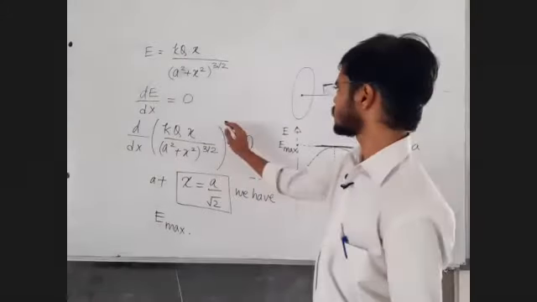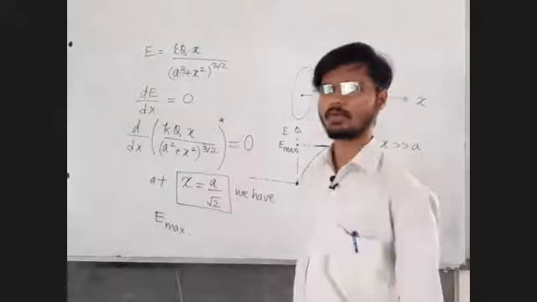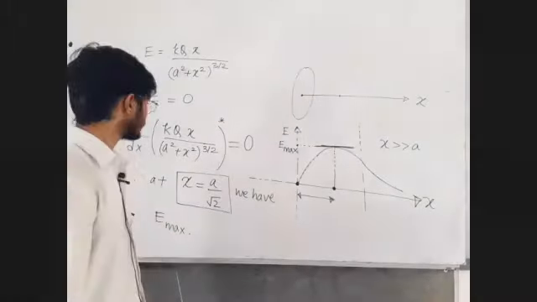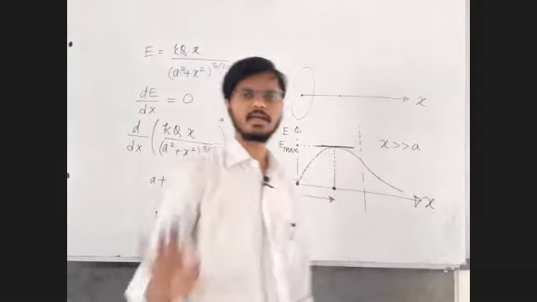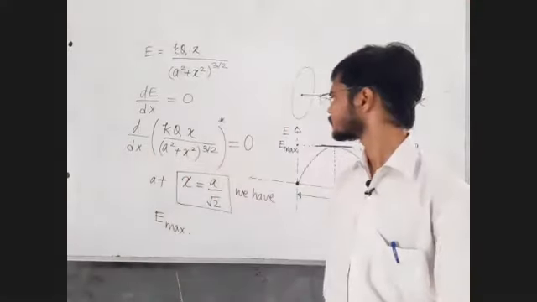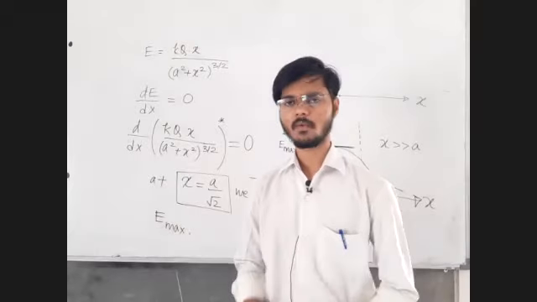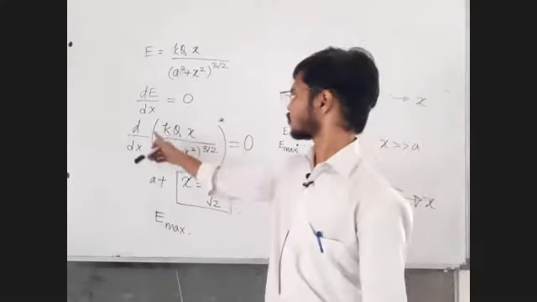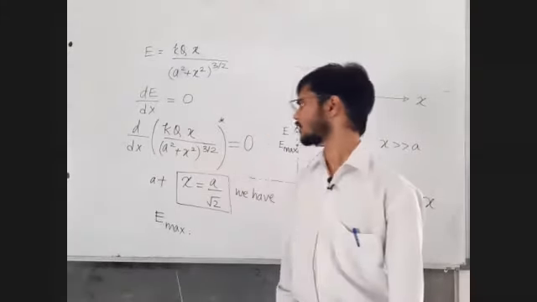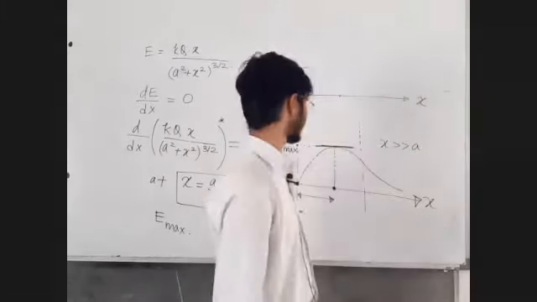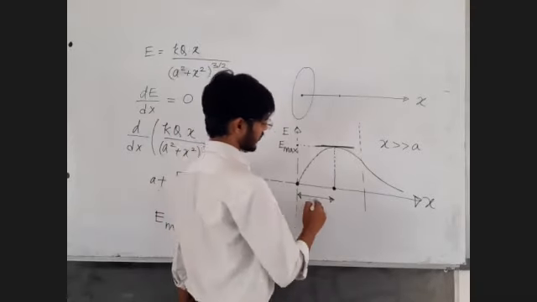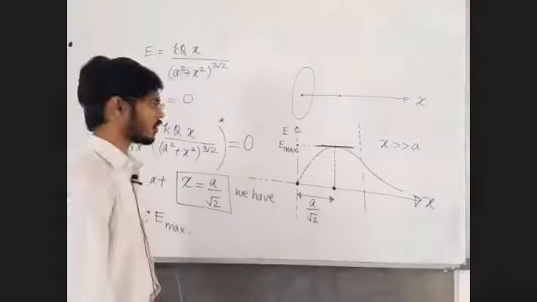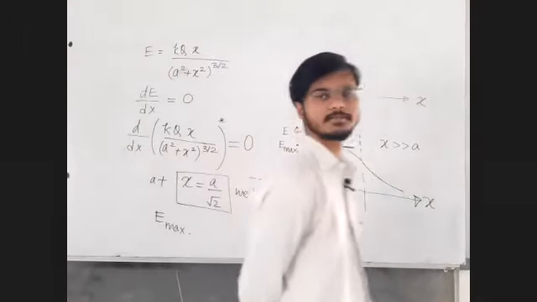As a fun, you can do this derivative, only maths people, okay? That is to be done only when the chapter derivative is taught, not now. Definitely no one is going to ask you to derive this in physics. But let us remember the result. So at x is equal to a by root 2, field is maximum. What is a? a is the radius of the loop or the ring. They may call it a loop or ring, okay, fine.